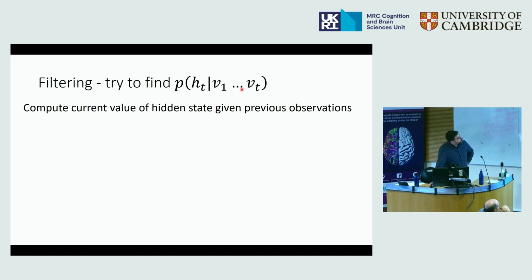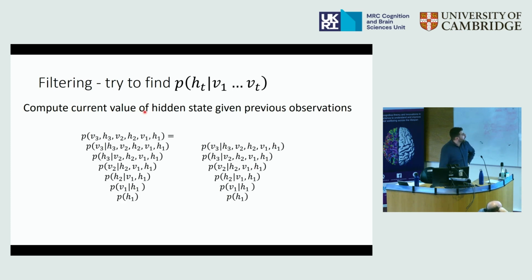So you take all the observations that you've got up to a current time point, and then you work out the value of the hidden state at that time point as well. To put it simply, you compute the current value of a hidden state given previous observations. And just to think about efficiency for a minute, even in this very simple three-time-step model, we can get rid of all these dependencies by assuming that we've got a hidden Markov model, and